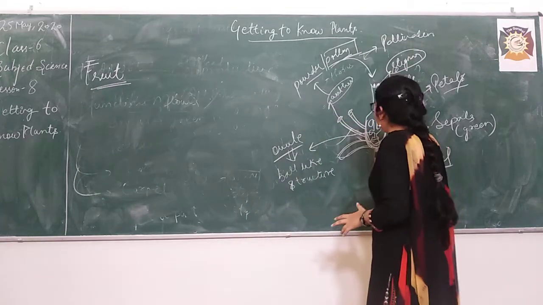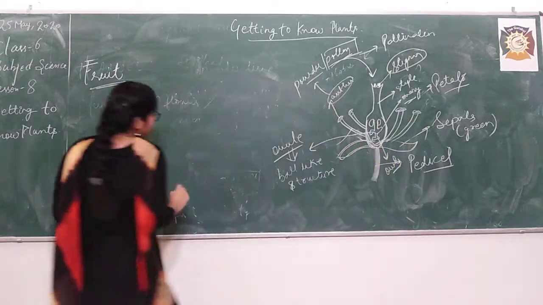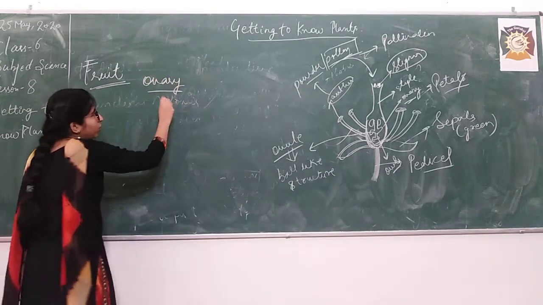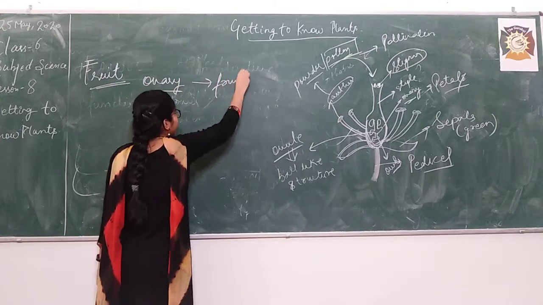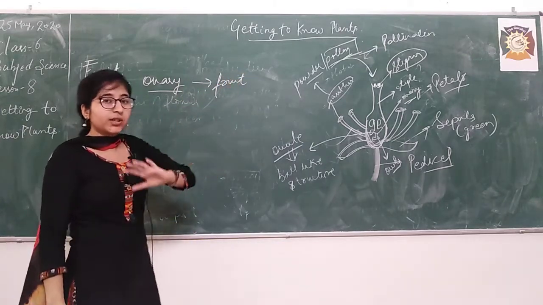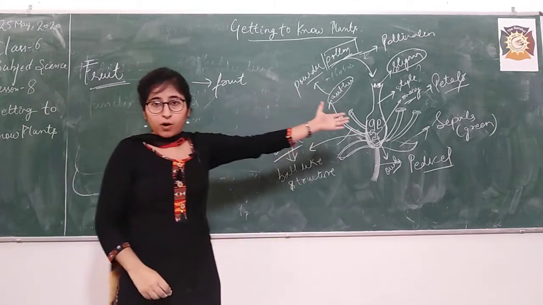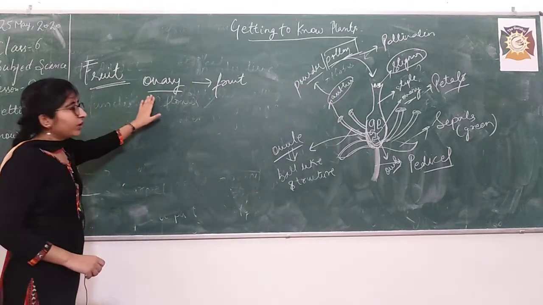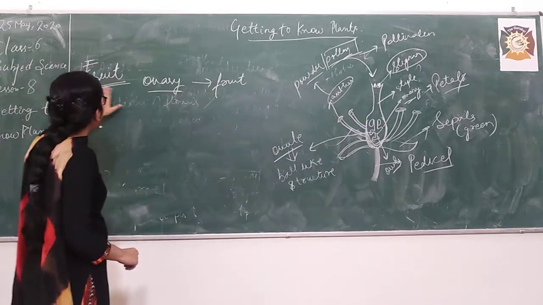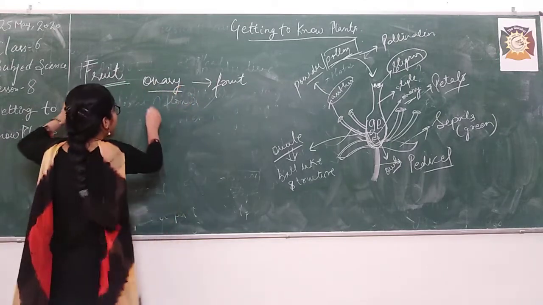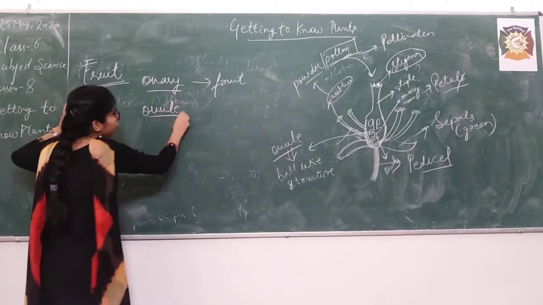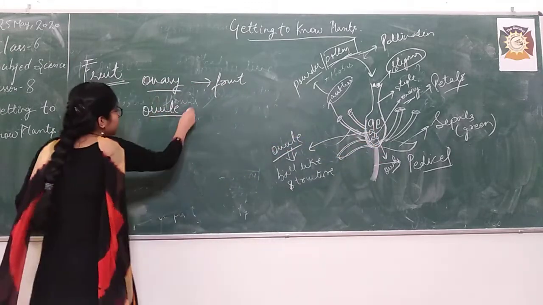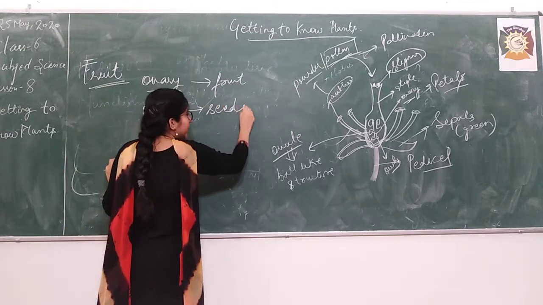See, I told you that there is an ovary. Ovary is a part of the female part of the plant, right? This ovary changes into fruit. After pollination is completed, seeds are formed. The pollen is transferred from anther to stigma. After that, ovary changes into fruit. So how does fruit come? It comes from the ovary and the ovule. What is ovule? Ovule was present inside the ovary. These ball-like structures, I told you, are converted into seeds, right?